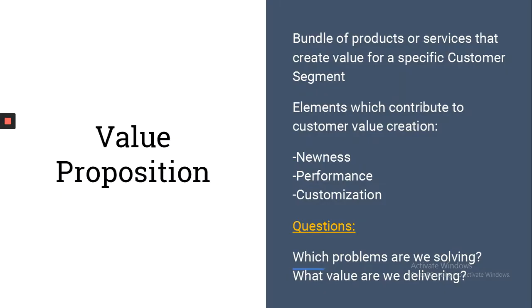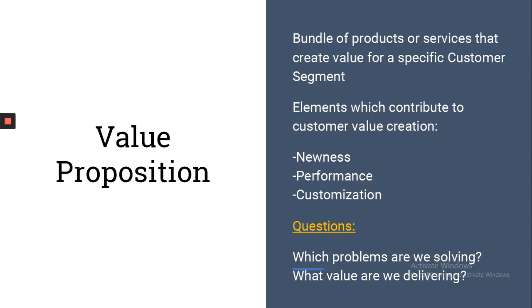Further, what is the value? Now comes the company part or the business part that we discussed in the value proposition canvas. So what value can you offer to the target customers? Actually, it is the bundle of products and services that creates the value. So you tell the value, why they should buy your product. You do not tell the nature of the product, how great the product is, or what the features in the product are. You just tell them the benefit of this product. Something that you can include in the value proposition is what newness it brings. What are the new features that this product brings? What would be the advantage of using this newness?